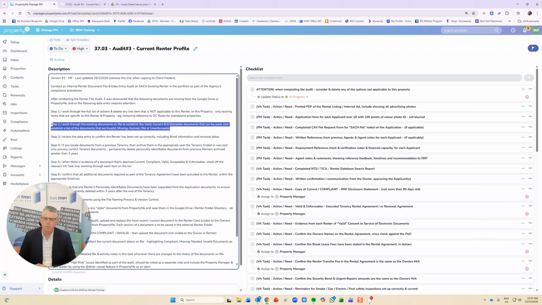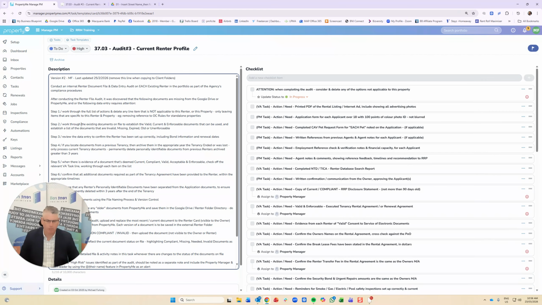Now, it may also be multiple people over a period of time. This is not something which you would start and then complete in one sitting. It's something which you would build upon as you go through. But step 1 would be to click this particular item. Because there's an automation, it will change the status to in progress instead of to do. And then you would work through, and as I said, step 1,